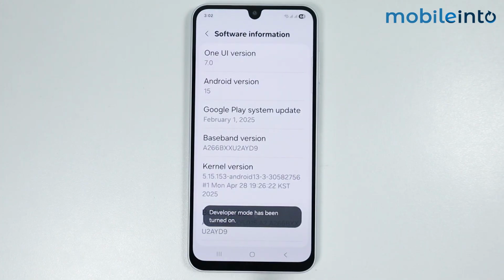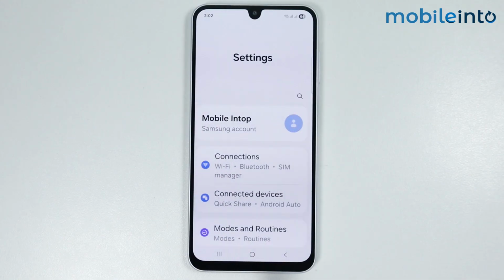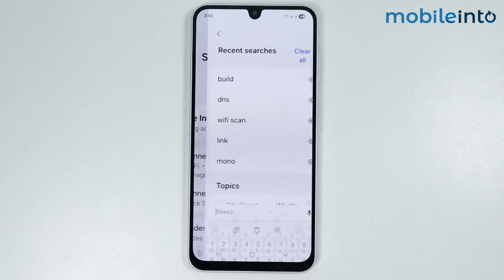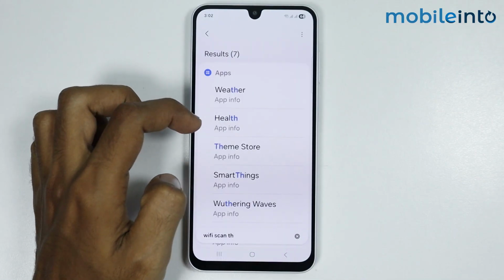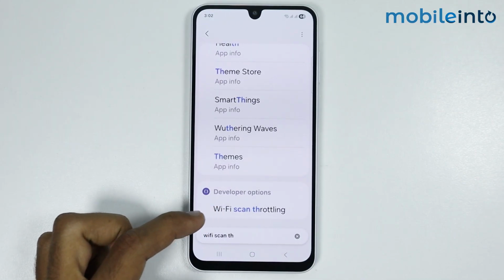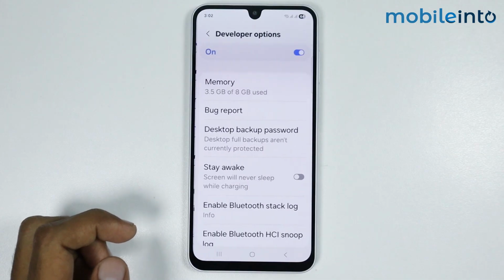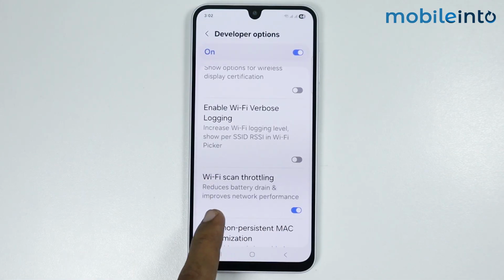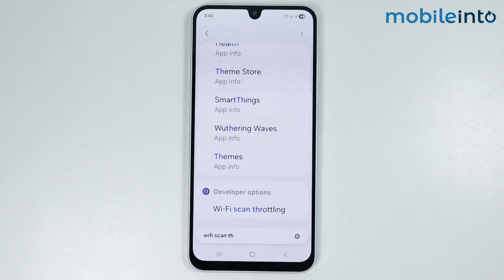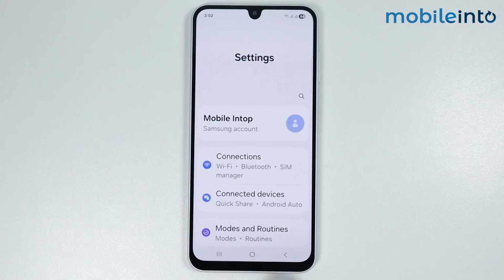Now once you enable developer options, just go back and in the search bar just search Wi-Fi scan throttling. Now just tap on Wi-Fi scan throttling and make sure you enable Wi-Fi scan throttling. Now once you have done that, and if this did not fix your issue, just go back and in the